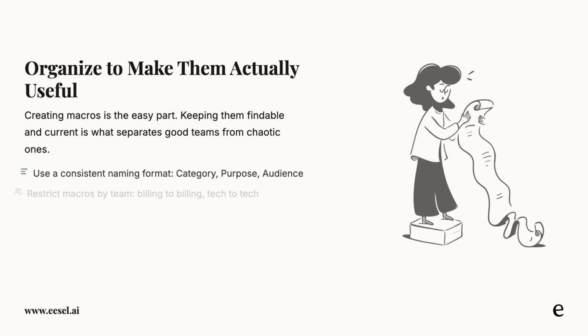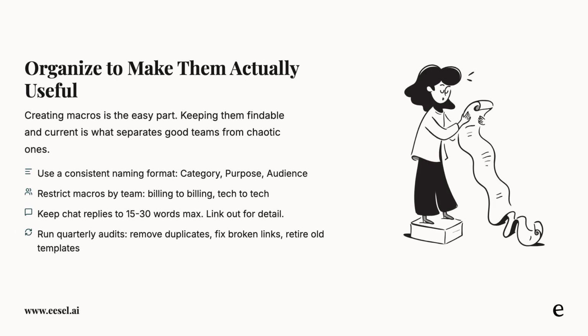Creating macros is the easy part. Keeping them findable and current is what separates effective teams from chaotic ones. Use consistent naming, restrict macros by team, keep chat replies under 30 words, and run quarterly audits to retire duplicates